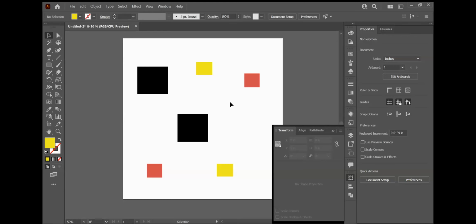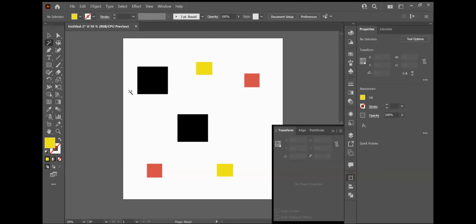So let's say you want to select these elements that have similarities. In Photoshop, you have to manually select one after the other, like you have to hold down Shift, click on this one, click on that one to select everything. But in Illustrator, to select elements that have similarities, you click on the magic wand tool. You click on just one of those elements,